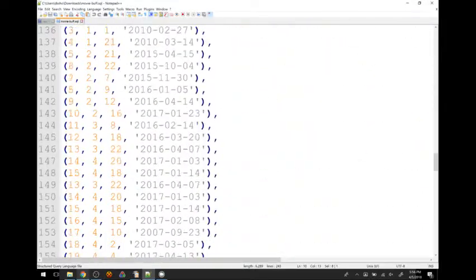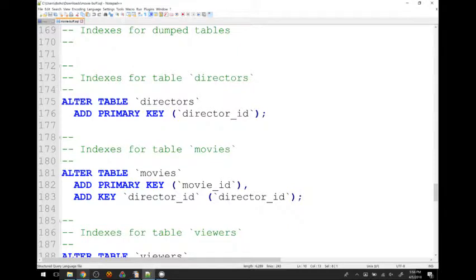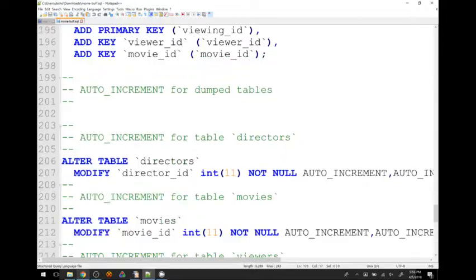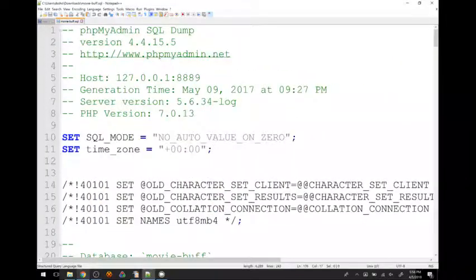Another example you see of the computer doing things a little bit odd is that they didn't add the primary keys right away for whatever reason. They created the tables first and then added the primary keys later. All right, potato, potato, right? But that's not how I would have done it. It's probably not how you would have done it. Or maybe it is, I don't know. I don't want to make assumptions, but I'm almost positive this is code that was generated by the computer. A human being did not write this, at least not directly. In fact, this up here at the top confirms it. SQL dump confirms my suspicions. Anyhow, I just wanted to take a peek and show you guys what was under the hood here.